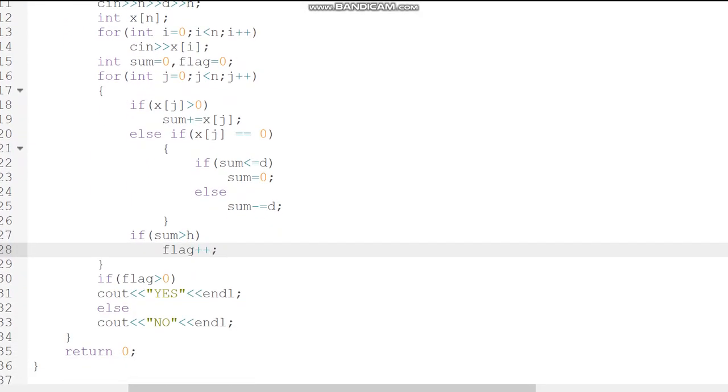Now if a red alert is issued, then flag will be incremented. Now we come out of the loop and we will see if flag is greater than 0, that means even if one red alert is issued, then we will output yes, or else if there is no breach of the maximum water level, then we will output no.